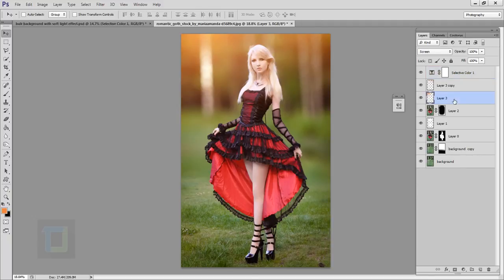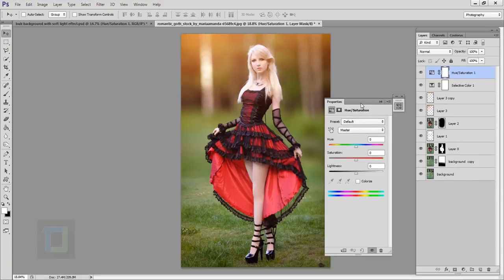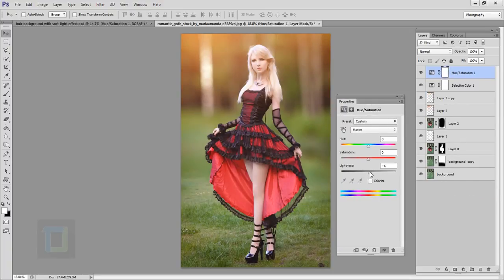Now I noticed that the brightness of my light is too much, so I'm gonna control click on both of them, and then I will reduce the opacity a little bit so it's not too much. Now I'm gonna create another adjustment layer, and this time I'm gonna select hue and saturation. Now what we're simply gonna do is add a little bit of lightness, so it will make the image brighter and open up the black parts. And then I will add a touch more saturation, not too much, just a touch, okay? Too much will ruin it, so a little bit. And the lightness 7 seems fine, and now if I turn it on, you can see it makes the overall image